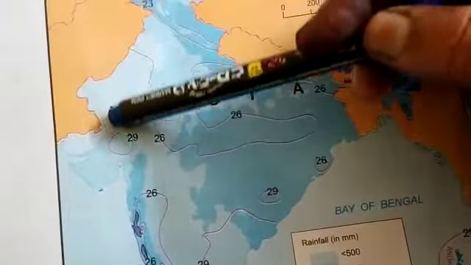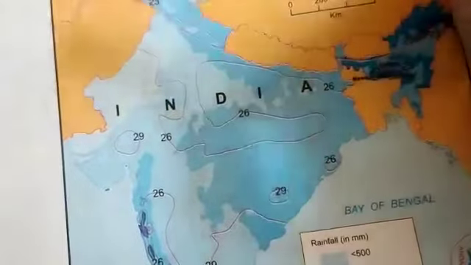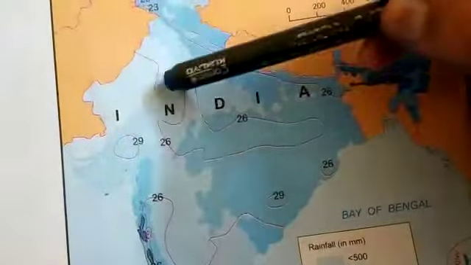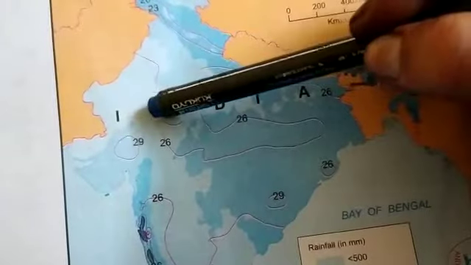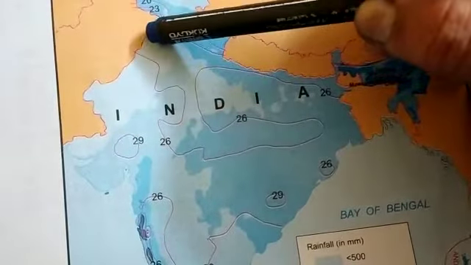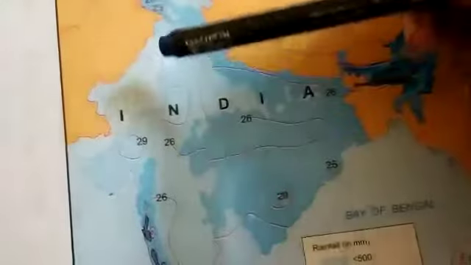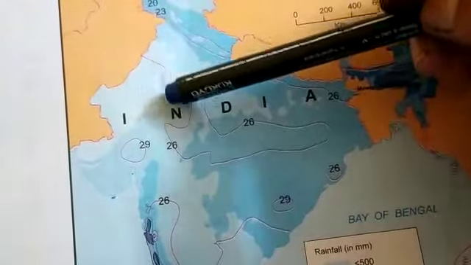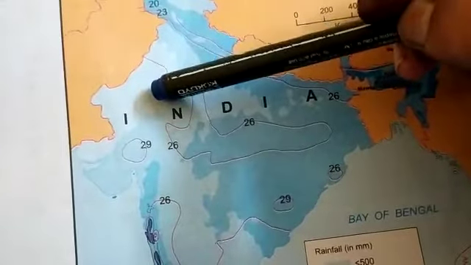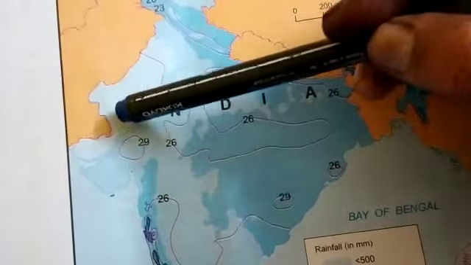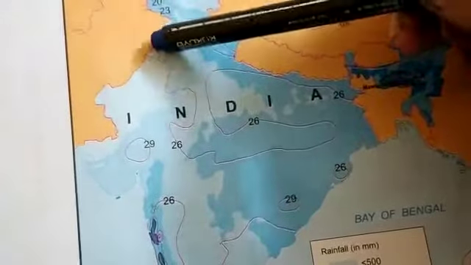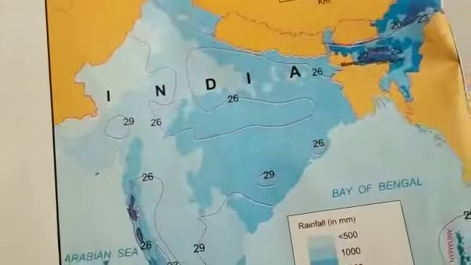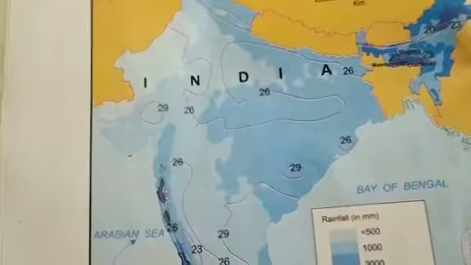As a result, these winds, whatever little moisture they contain, they do not pour even that little moisture over here. And as a result, this place, especially the place to the west of the Aravalli ranges, is dry. And this is the reason why there is so much desert. I mean, this part of the region is under the desert. I hope you have understood the answer, and if not, please do write to me on the WhatsApp group.